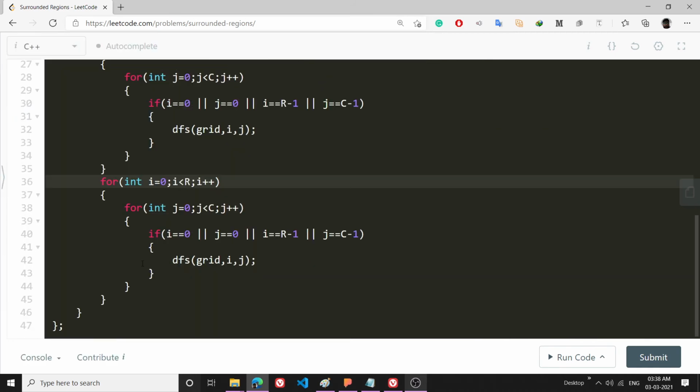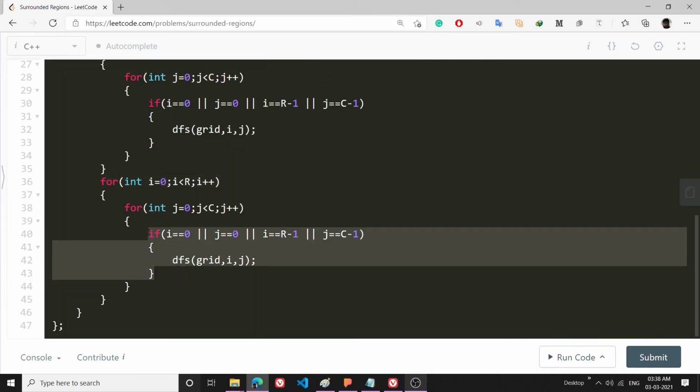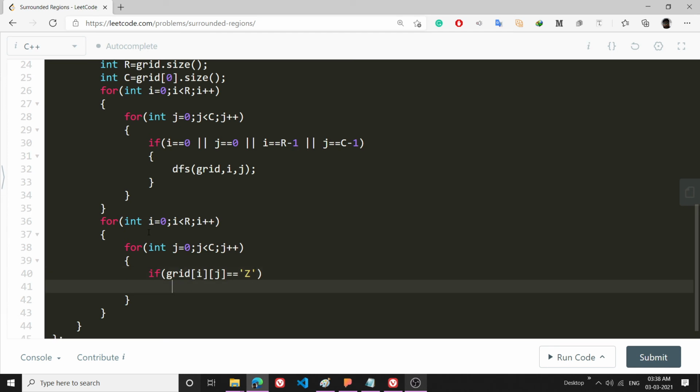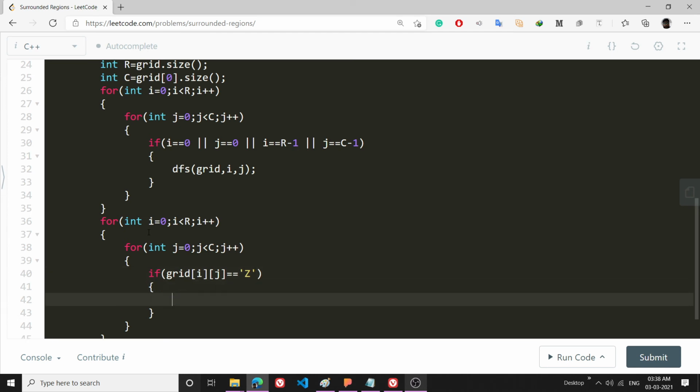So for that I am writing this if condition. If grid[i][j] is z, that means it will go back into o.